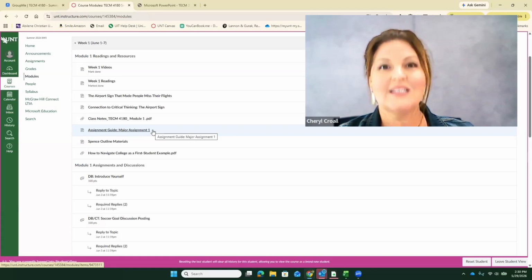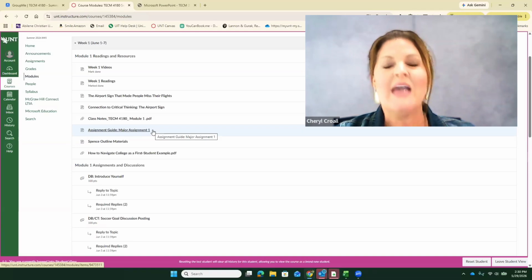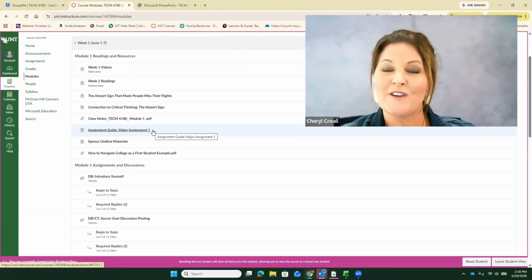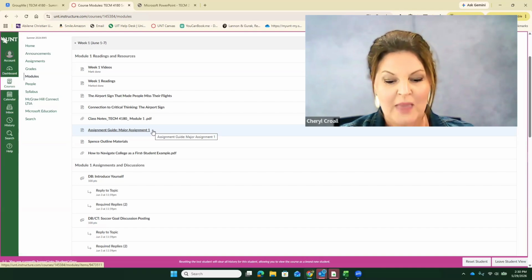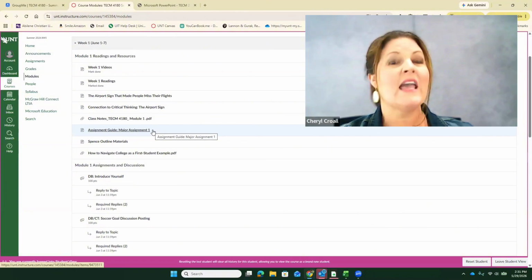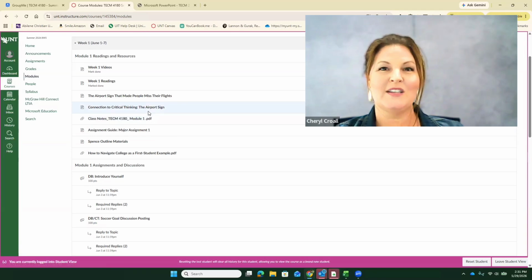All right, other ways to be successful in this course. Always check the rubric. So every assignment should have a rubric so you can make sure that you have met the criteria for each assignment. That will help you be successful. And of course, if you have any questions, reach out to me, ask questions, hit me up on GroupMe, email me, make a video appointment. I want to help you be successful this summer.